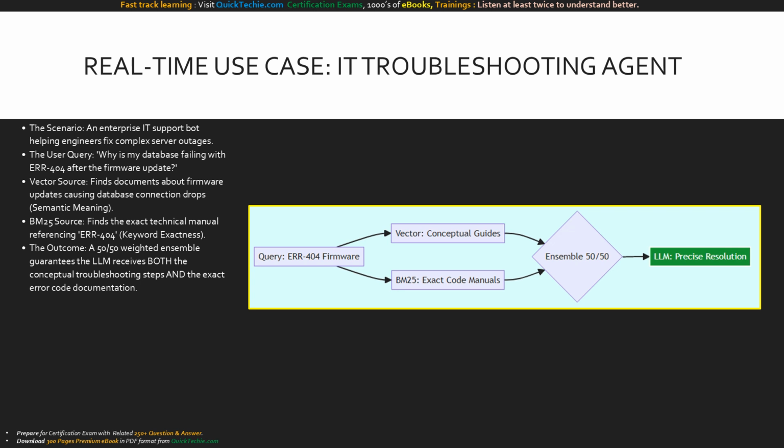Let's apply this to a real-time, highly impactful use case: an enterprise IT troubleshooting agent. A frantic engineer asks the bot, "Why is my database failing with ERR 404 after the firmware update?" If we only used vector search, the system might pull generic documents about database connection drops, missing the specific error code entirely. If we only used BM25, it might pull a glossary defining ERR 404, missing the context of the